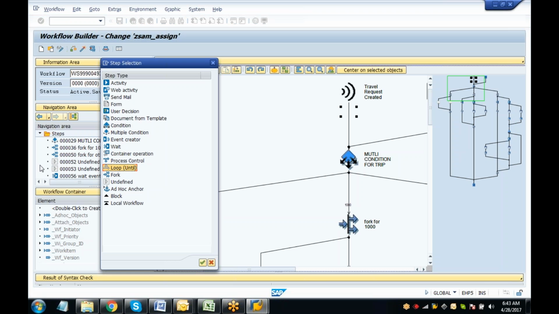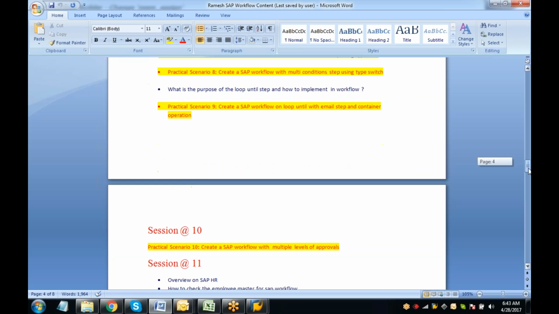You can see loop until. What is the purpose of the loop until, and how to implement it in the system. So as part of session 9 we are going to work on the loop as well as the multi-condition steps. Okay, and session 10, you can see: